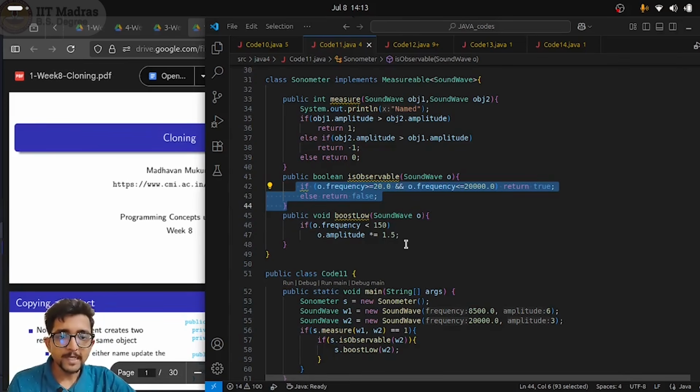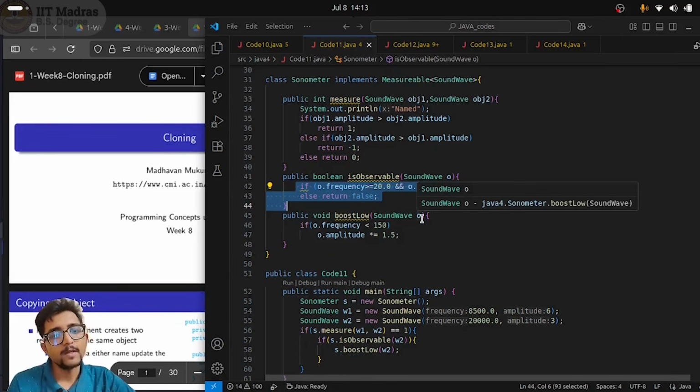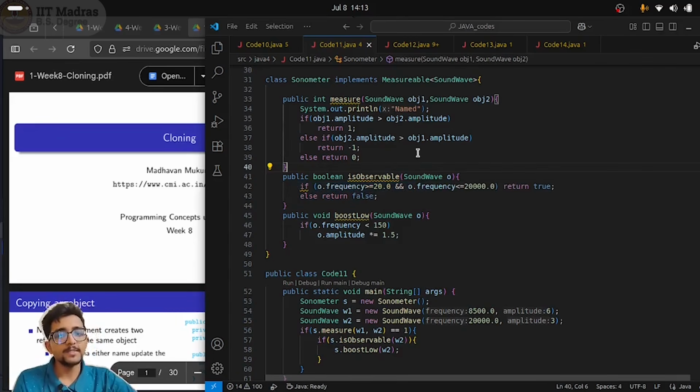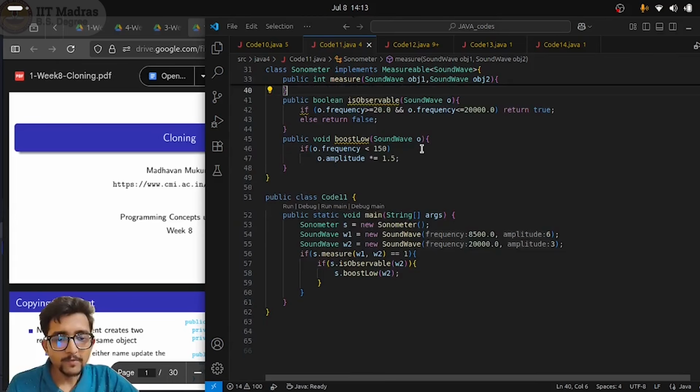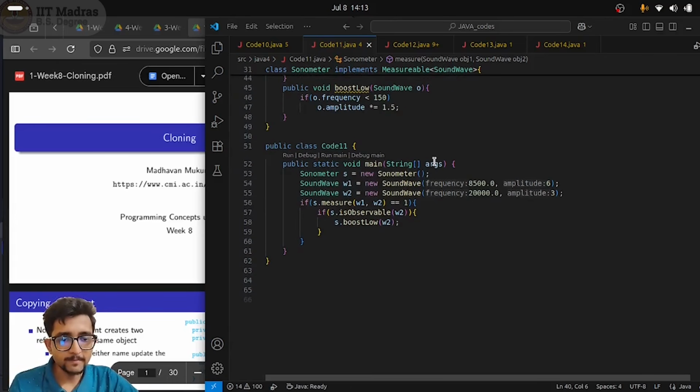Right? So in that case, I need a separate class. I need another class, radiometer, which will implement it and do it in a proper manner. So I hope the structure is clear. Now, once the structure is clear, what I want to do now is, we are now going to the main